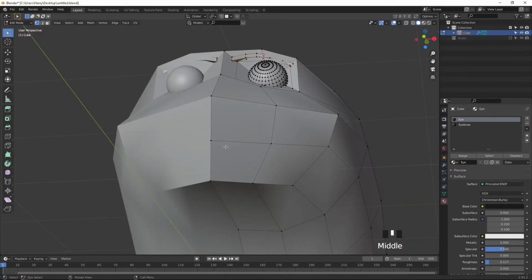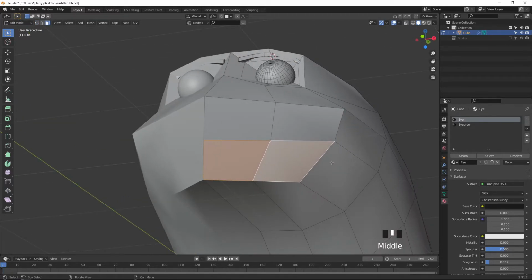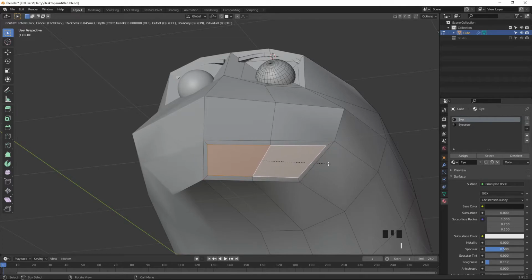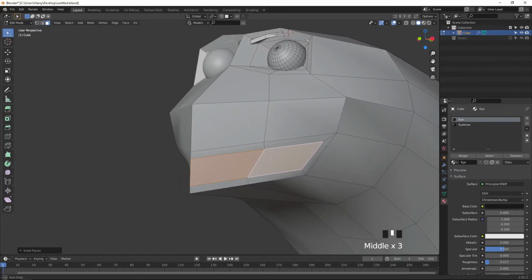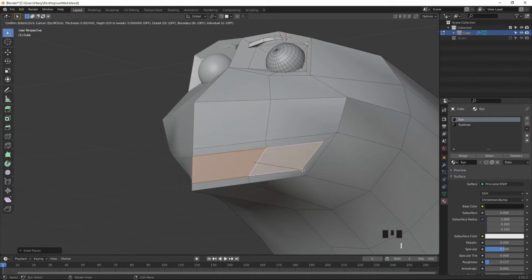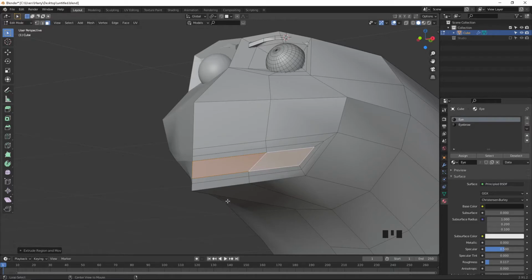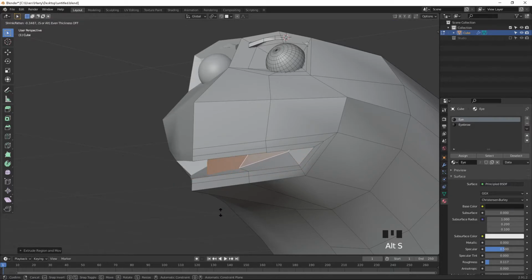So let me create a mouth here. Press 3 on the keyboard, select these two things, press I to insert. You can see it's inserting at a different angle. Press B to join with the mirror and do the same. Okay, now we have created this. Press I to insert again, and E to extrude, right click to cancel, Alt S to scale inward toward this,